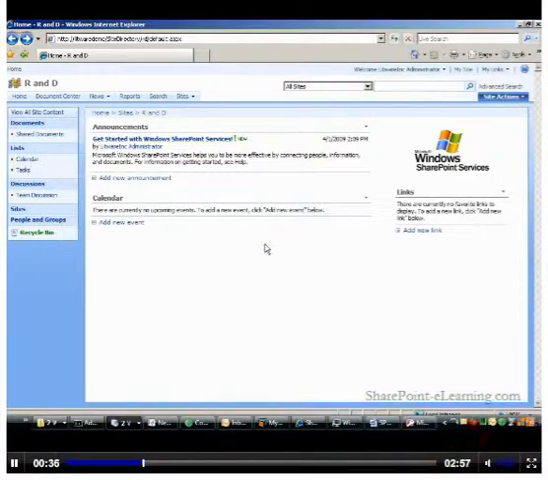The list I'm going to be working with is the calendar list. So you can see that there's a calendar list link over here. Then there's a calendar list view web part. What I want to do is change this functionality so a user would not see this calendar list in this